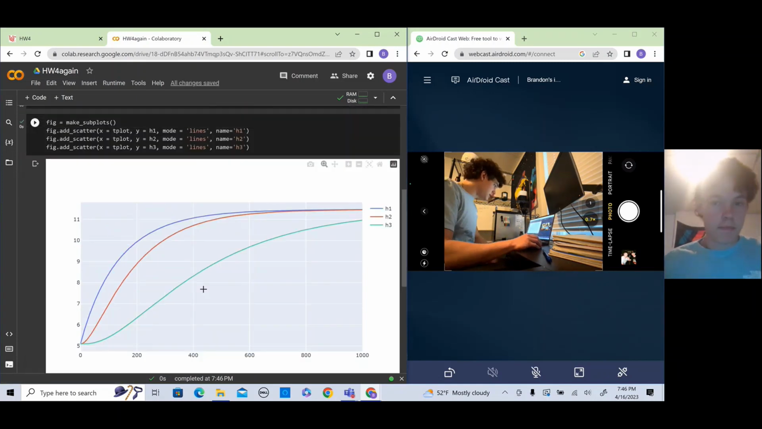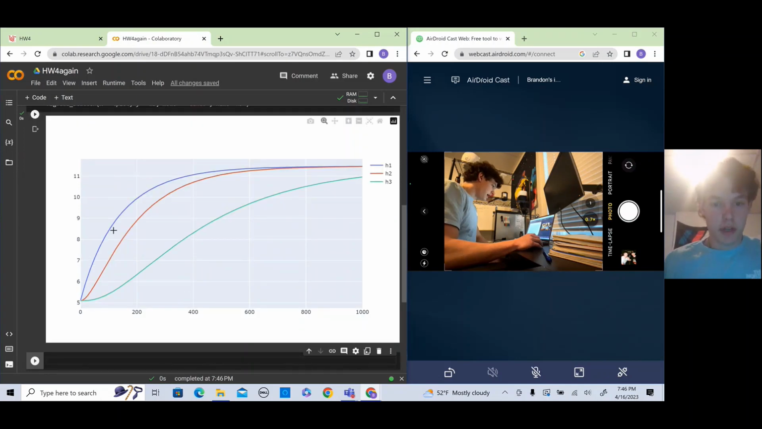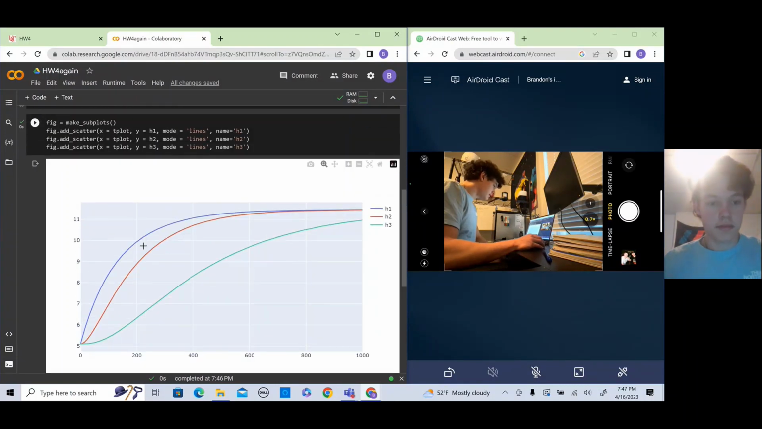As you can see, after our simulation is over, our system comes to a steady state at around 11.4 and 10.9 here. And yeah, so that